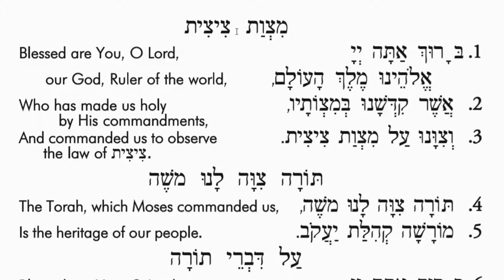Okay, so let's go. Mitzvat tzitzit. So the blessing that is said upon putting on the talit is, and again the beit should be over here, Baruch Atah Adonai, blessed are You, Lord, Eloheinu melech ha'olam, our God, king of the world, asher kiddishanu b'mitzvotav, who has sanctified us or has set us apart with His commandments,